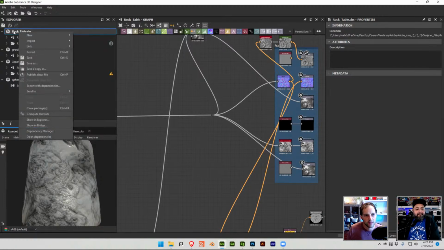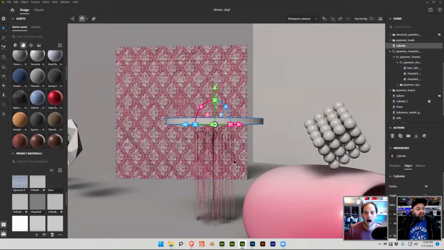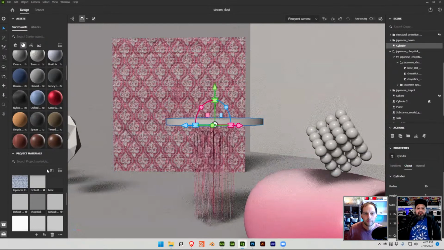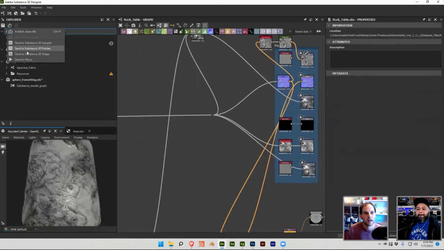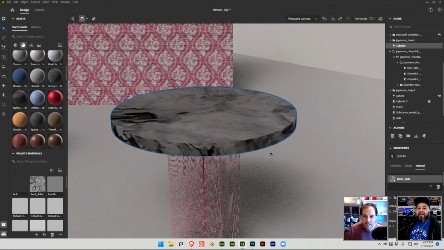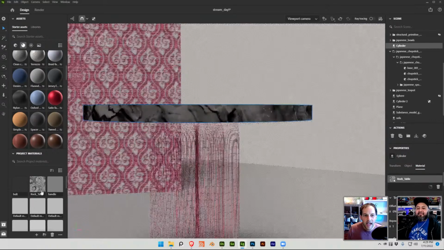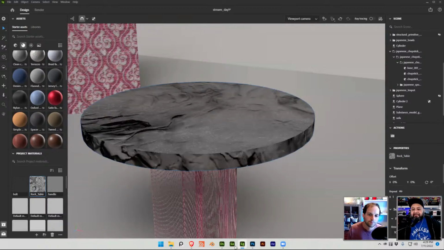Let's export this, and let's go to Stager. I want to make sure I'm selected on my table, and then, oh, cool. So I have my wood that I imported here, but let's go to Designer and then export to Stager. Hopefully this works. Yup, it does work. Nice. So you can now see that I have that rock texture, and it might look a little weird because